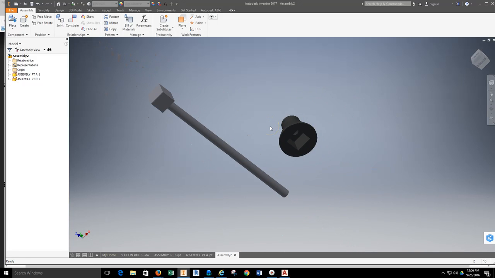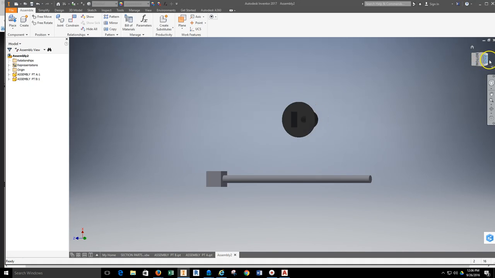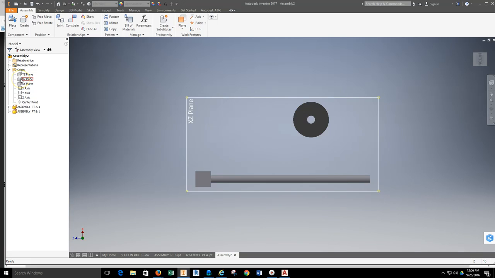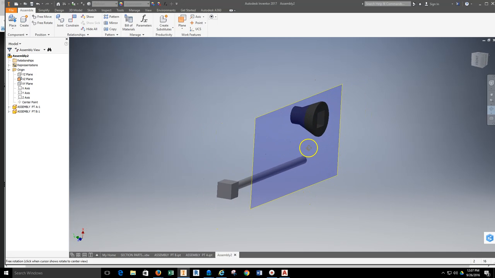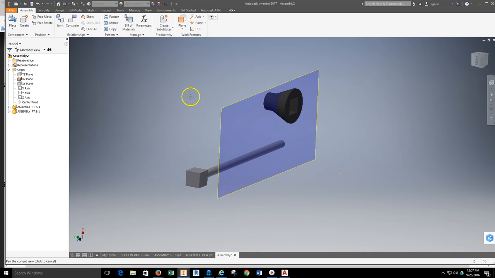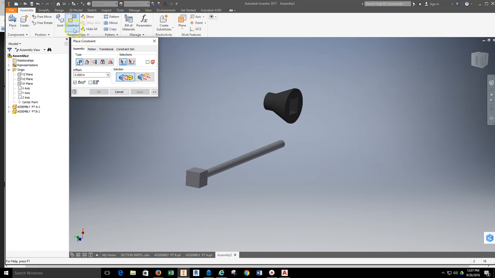In order to make this work in a seamless, functioning way, what you do not want to do is use your free movement or free rotation. Reason being, when these come in, these parts are actually still set to the work planes that they were designed in, and everything comes into the assembly utilizing those same work planes. So if I turn the visibility on for my work planes, you can see that these parts are in relation to a work plane. If you start spinning these around, you then need to be able to align them with more work planes or more features. So what I'm going to do is grab my constraint tool from my relationship toolbar,